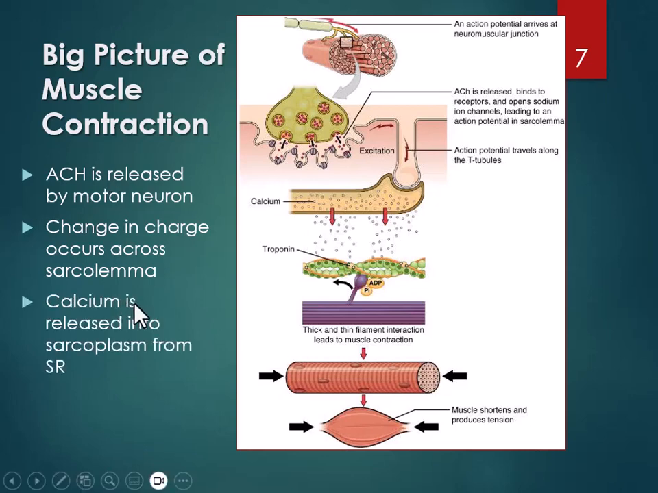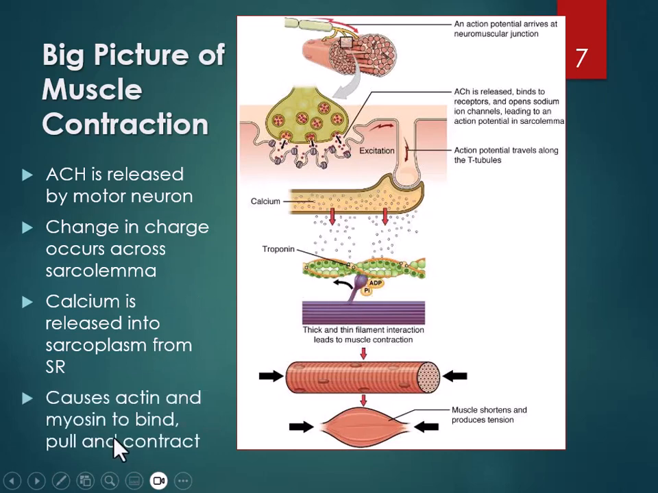Calcium release starts the next step. In this picture, the green bead-like things here are the actin, and the purple thing is the myosin. Actin is wrapped by another protein called troponin, and calcium binds that and pulls it away, kind of unwraps the actin, and that allows the myosin to reach up and attach. So calcium pulls away the troponin, troponin and tropomyosin both actually, and allows the actin and myosin to bind, pull,